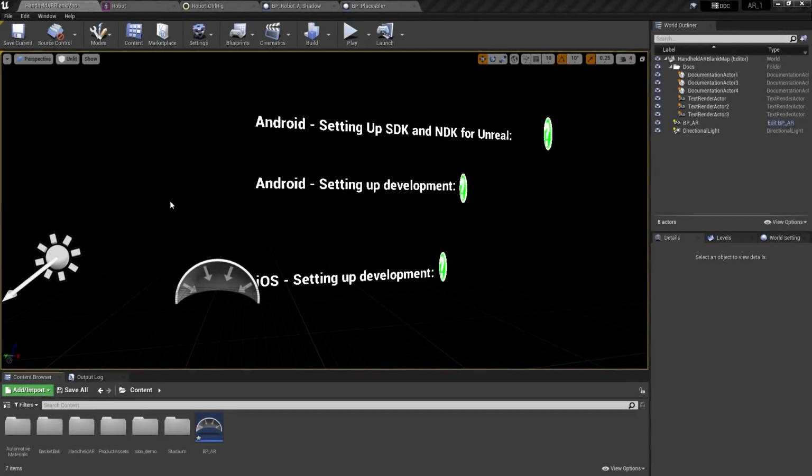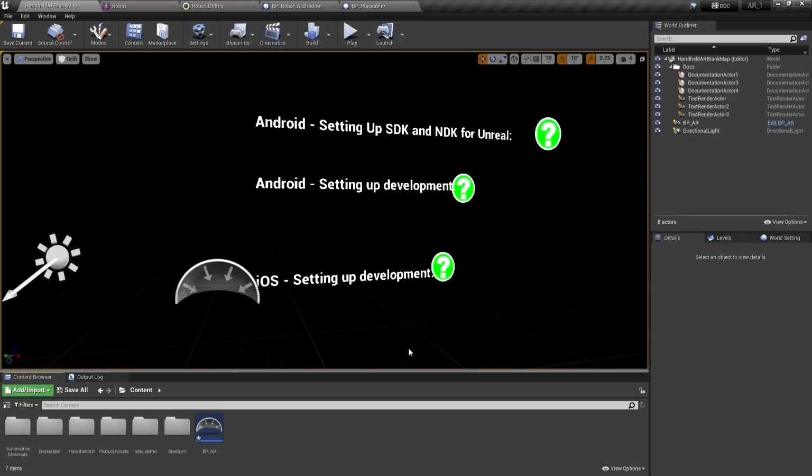All right, so we are quickly running out of time, but I do want to give you a couple of pointers about iOS deployment. If you're on a PC, you can do a lot of the setup, but you will need a Mac and you will need Xcode to compile this project. So just keep that in mind. You can either copy the project over to the Mac, or you can do some fancy stuff where you have the PC communicate with the Mac and compile some stuff on there and have it all managed through it.